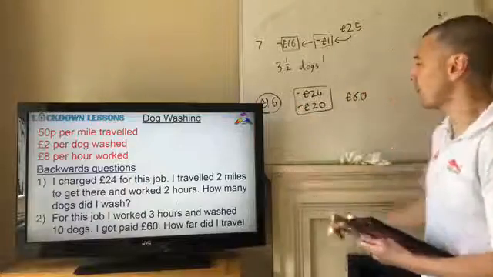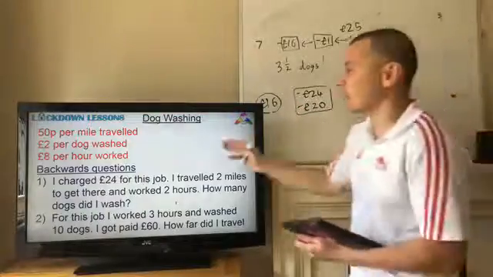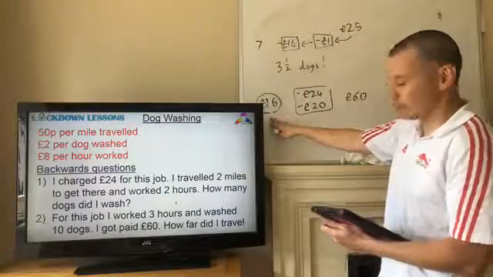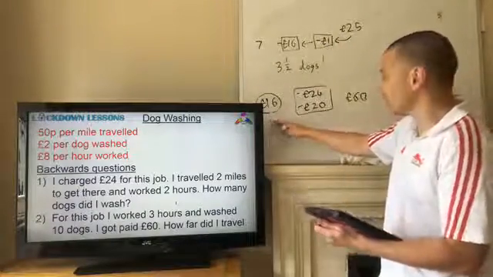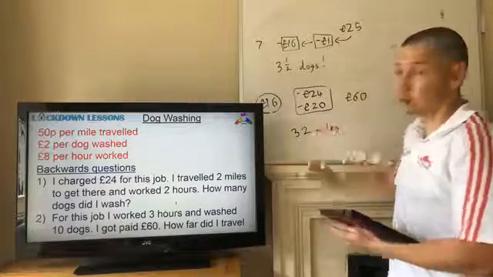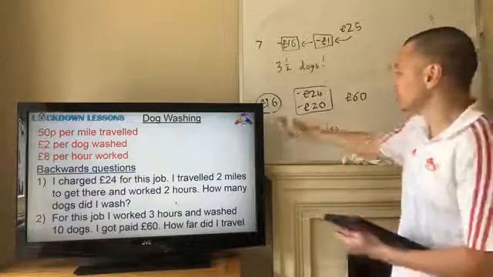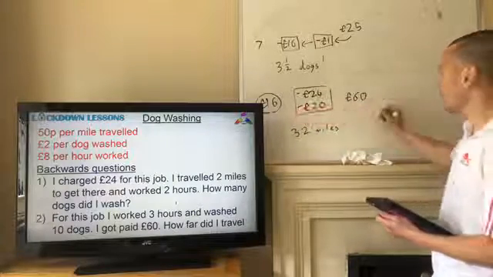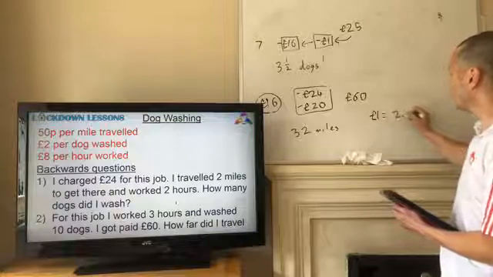Okay, so your £16, it's £16 for half a mile for 50p. So to get £16 for travel, you are going to have to actually travel 32 miles. So that's a really tricky one, that last one, because it's 50p per mile, so for every £1 equals 2 miles,